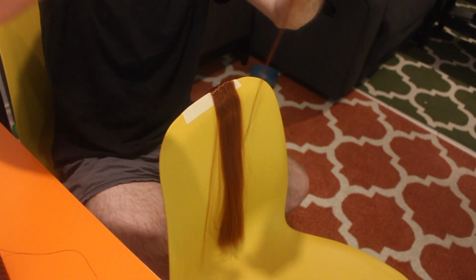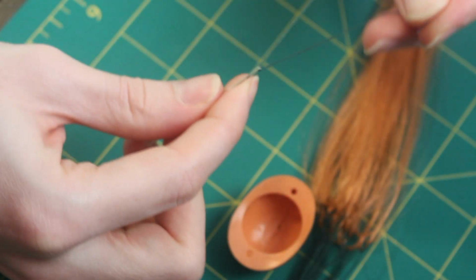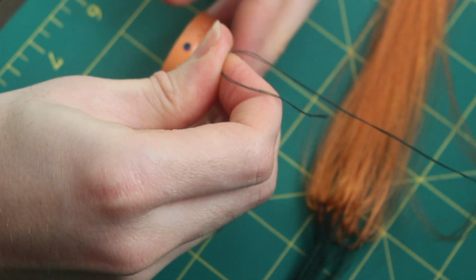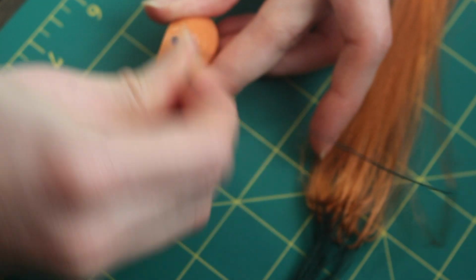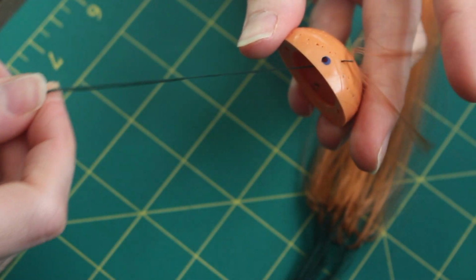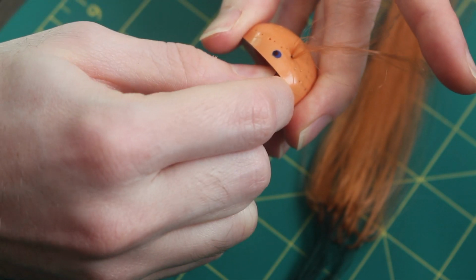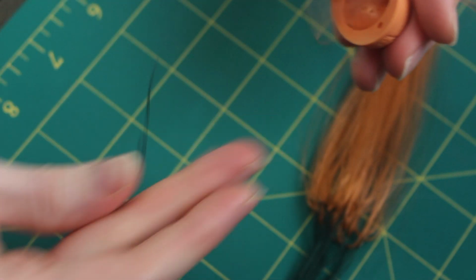We pull that down and away and we have one plug ready to go. Okay, so now we're actually rerouting the head. So I've threaded the needle and I'm putting the needle through the scalp. Try not to stab your finger like I do. And I'm just jiggling the needle around just to open up the hole a little bit more. As you can see, it is still extremely tight and my fingers were red raw and peeling for days after